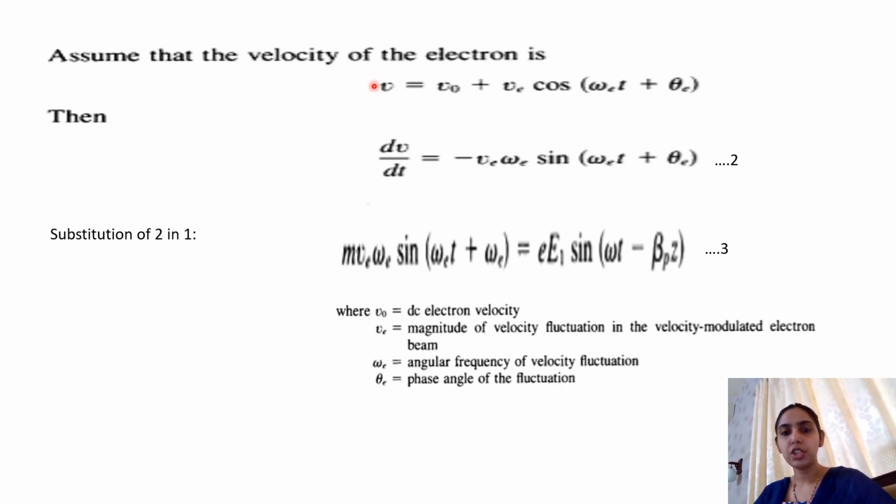So we can differentiate this expression for dv/dt and get the second equation. Now we substitute this second equation in the first equation, that is our force equation. Instead of m dv/dt, we could substitute dv/dt from this second equation in our first one and get the third equation. So m times dv/dt substituted is equal to minus e E as such. So this is our third equation.